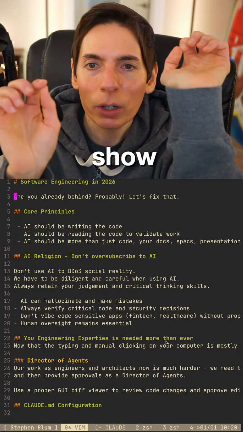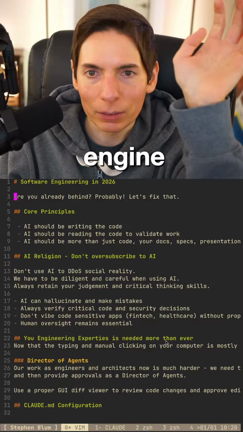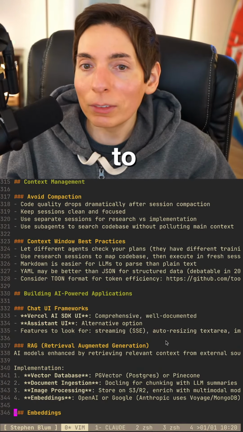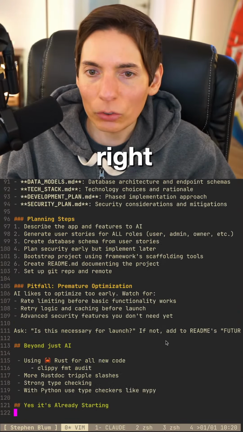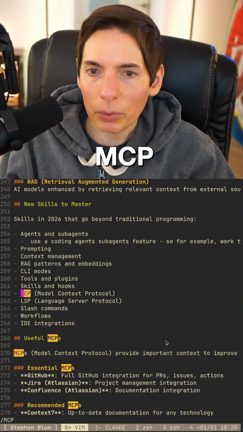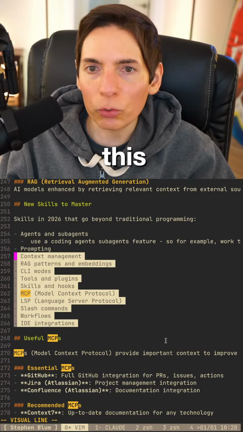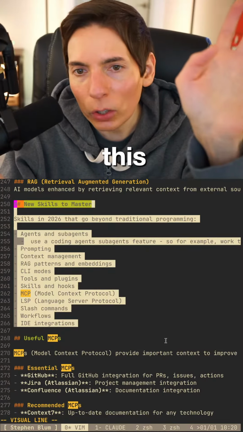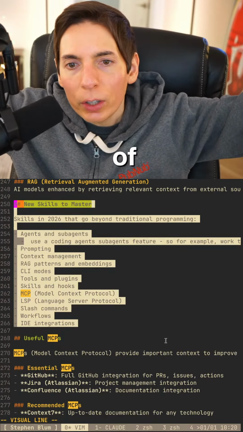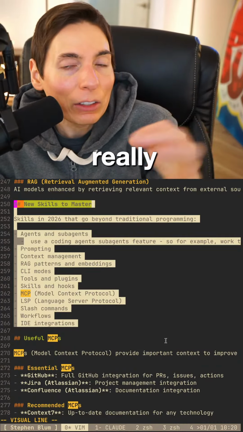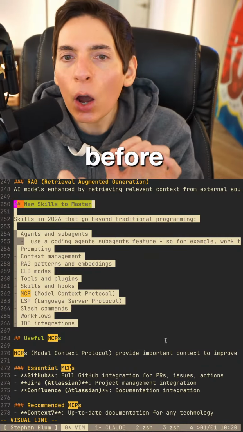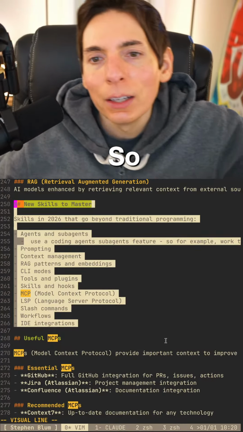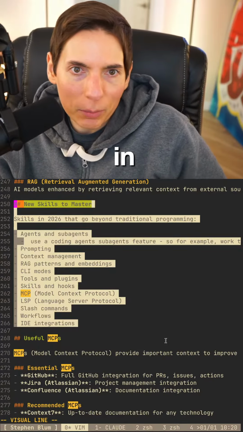I'm going to show the expectations of software engineering and what we need in all the different areas. So there's a lot to it. There's a ton. MCP, for example. Look at this, just this one list right here. This list alone is a whole new set of skills that you've never really had to deal with as a software engineer before. Now it is an expected set of knowledge that you must have as a software engineer. So we're going to make sure to cover all of these in this document.